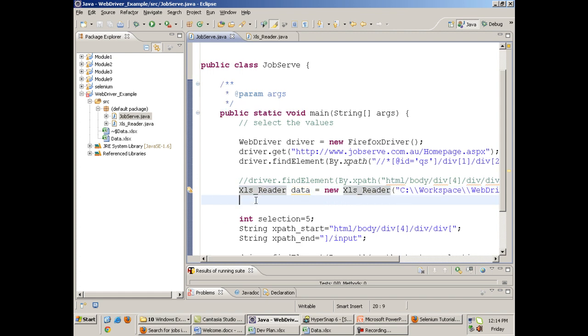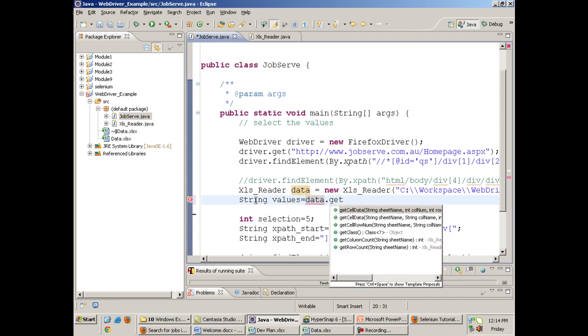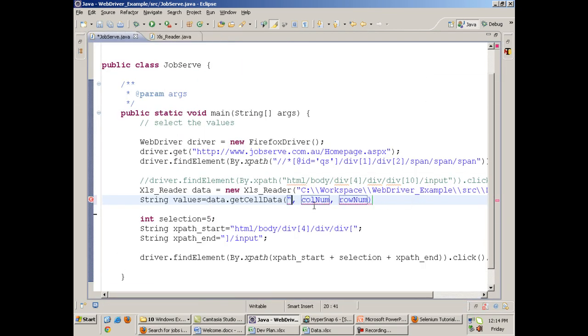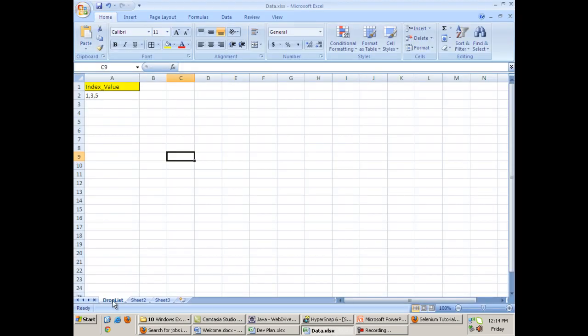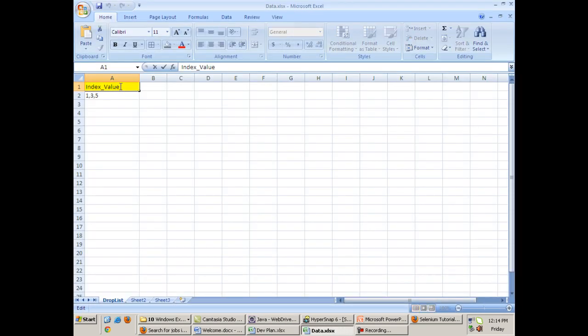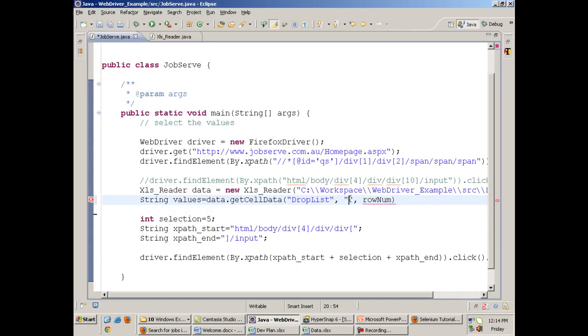Now I will write string values equals data dot get cell data, that is, get the cell data from the Excel file from the sheet drop list. The column name will be index value. I have made this file in such a manner that reading Excel files becomes very easy, so you can download it and start working on it.